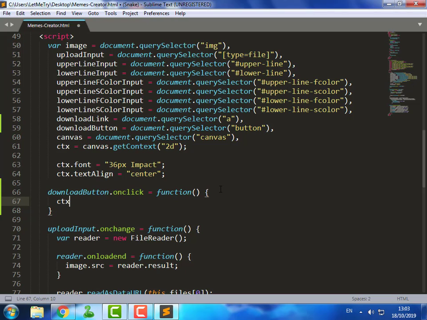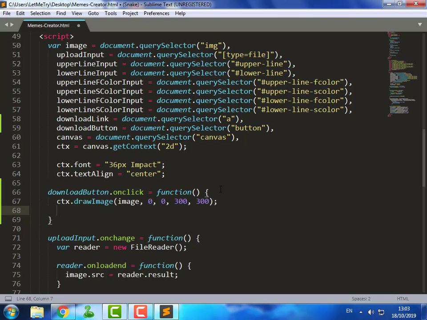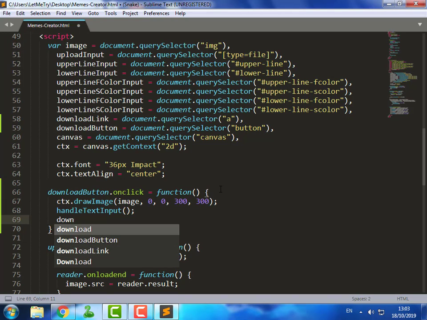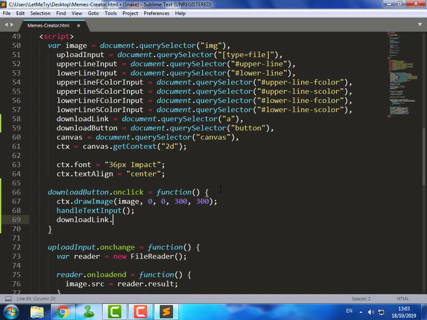And when the user clicks on the download button, we draw the image on the canvas. Then draw the text of the two inputs. Then make the A element points to the data URL of the meme image.